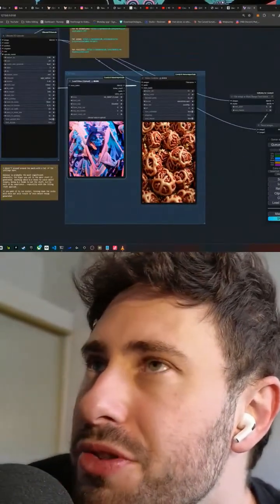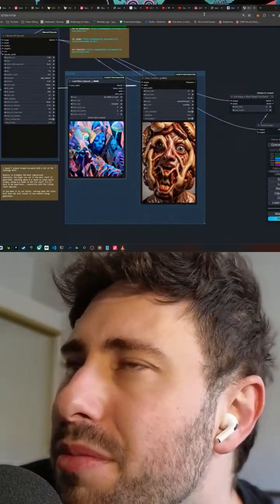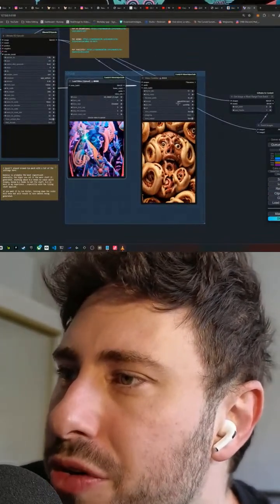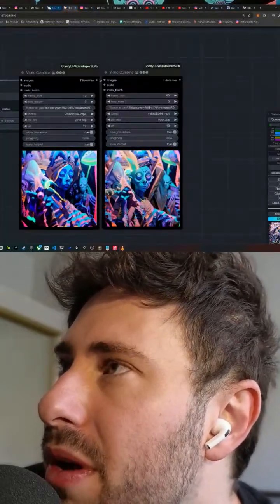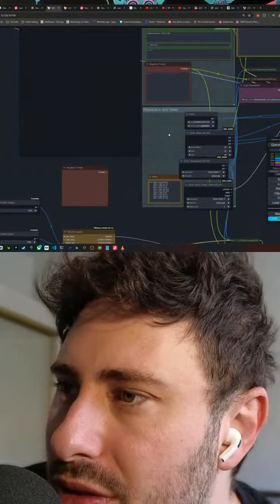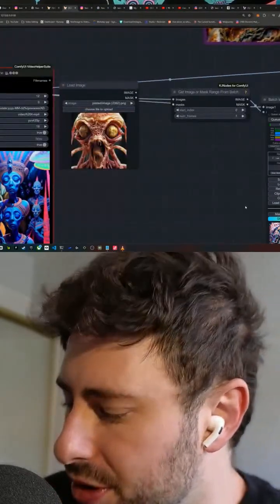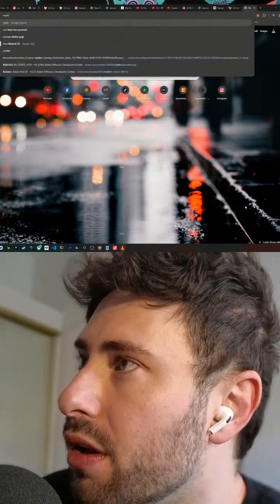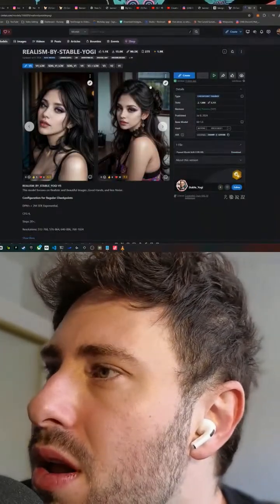What checkpoint do I use? I'm using Realism by Stable Yogi. I use a lot of different checkpoints, but kind of just rotate between them for experimentation. But as of late, the one that I've been enjoying the very most is called Realism by Stable Yogi. This one right here.